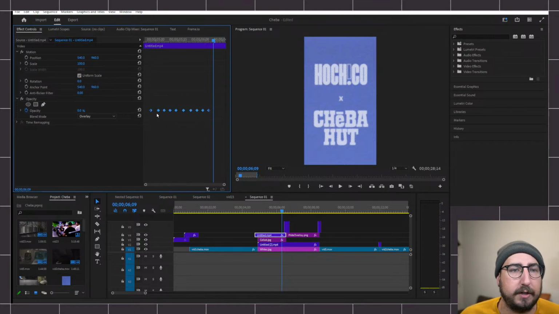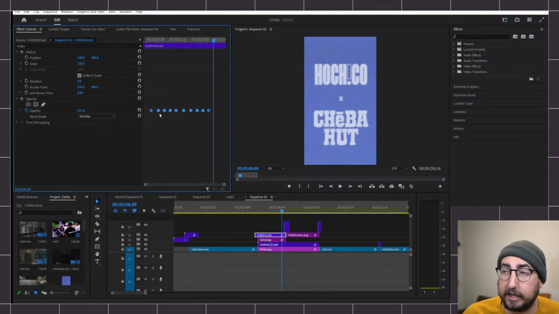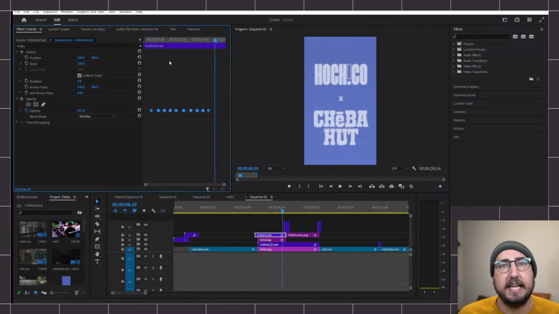If I wanted to, again, I could grab these. We could go in and do an auto Bezier. The way I'm doing that is you just select it and then right click. By right clicking on it, you can bring up that menu to create that fade and that very smooth transition. So something that I like to do with this is to almost have a large document,